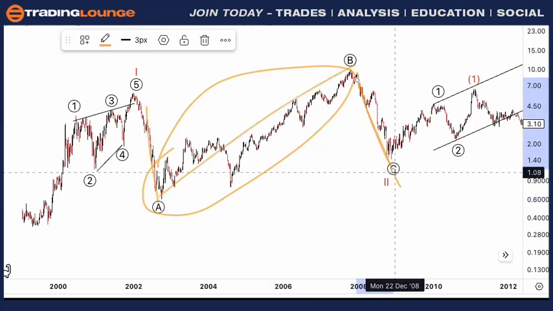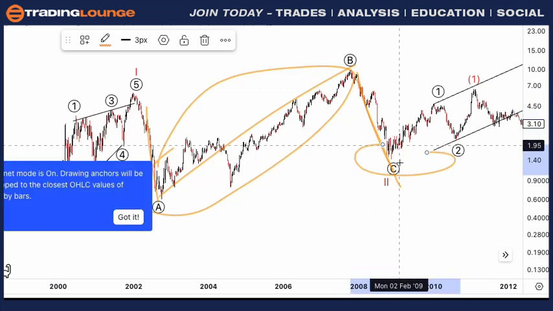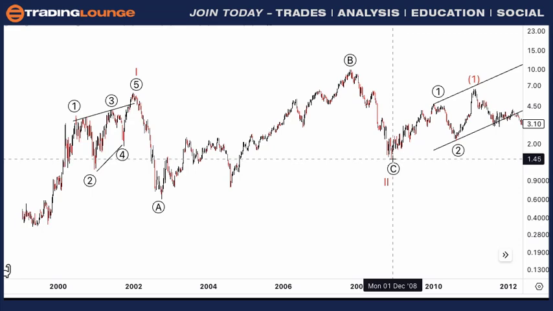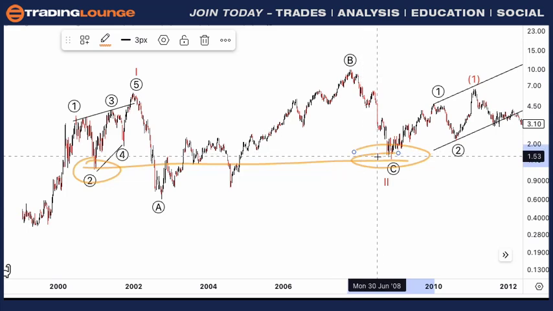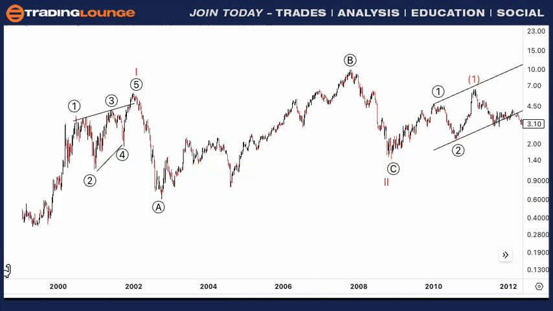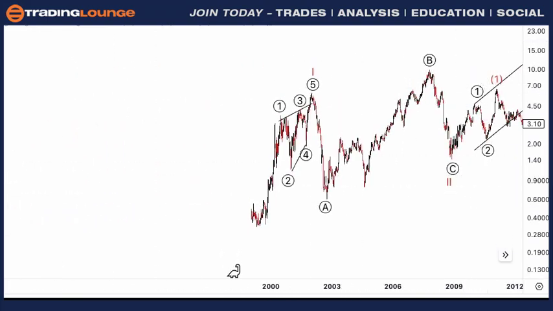So a 3-wave move, which so many times what happens is that the wave after a diagonal, so the move after a diagonal will usually end at the wave 2 of the diagonal, so this area here, and you can see here this is well respected, which basically provides us with additional confidence. So that being said,